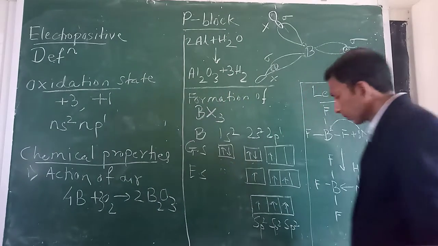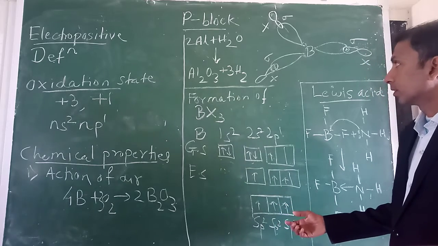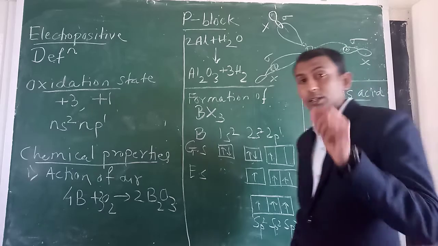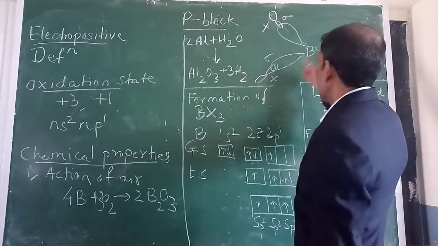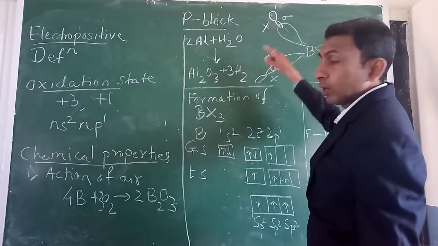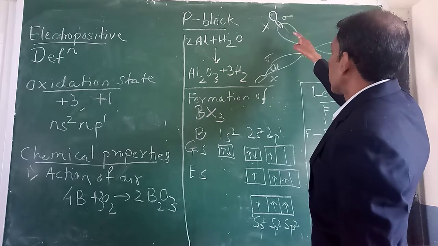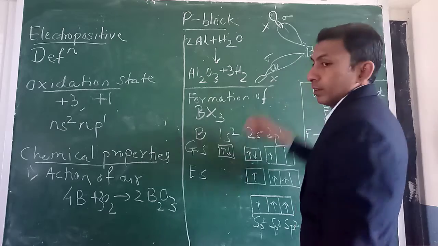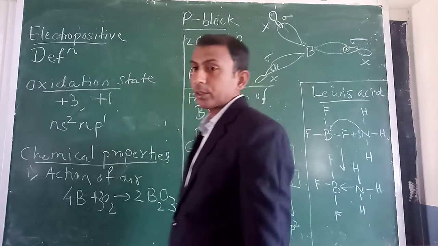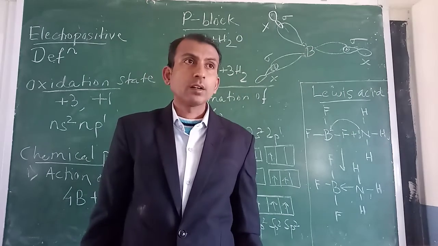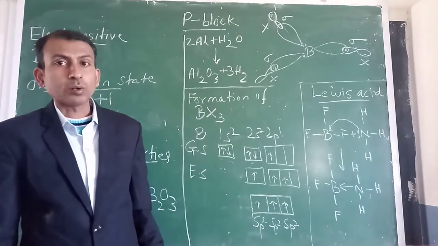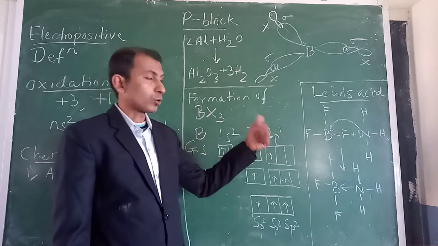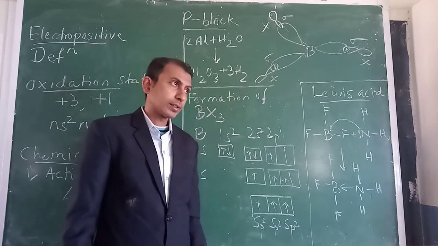So when the molecule is formed, it will acquire this geometry which is called trigonal planar. Okay, trigonal planar. And 3 sigma bonds are formed with 3 halogen atoms, 1, 2 and 3. Okay, this way we have to explain the formation of BF3 or BCl3 or BI3 or, in general, BX3 formation you have to show in your answer like this.